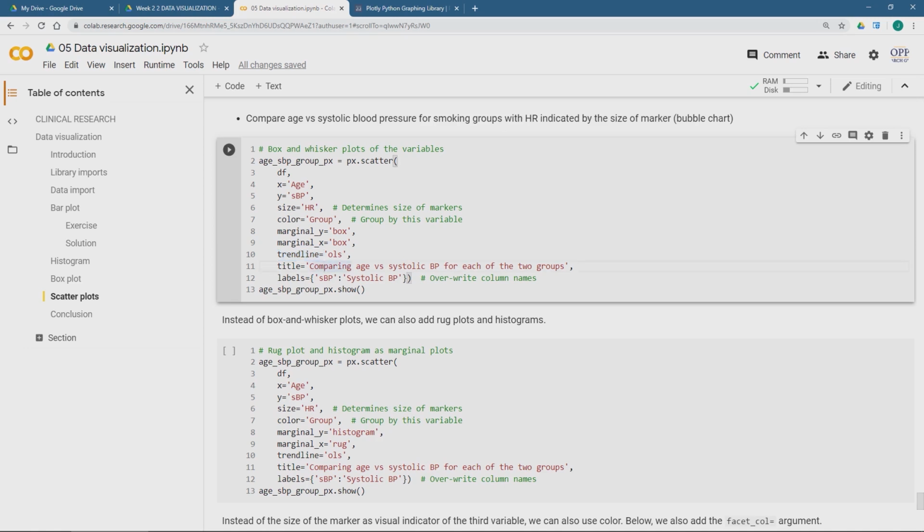And then I'm giving it a title. And then there's this nice labels argument. I like this in Plotly Express. It says, well, I got SBP. That's what it's going to print on the screen because that's the name of that column inside of my data frame. But I just want to change that and write it out like something like this. So let's not waste any more time. Let's call the dot show